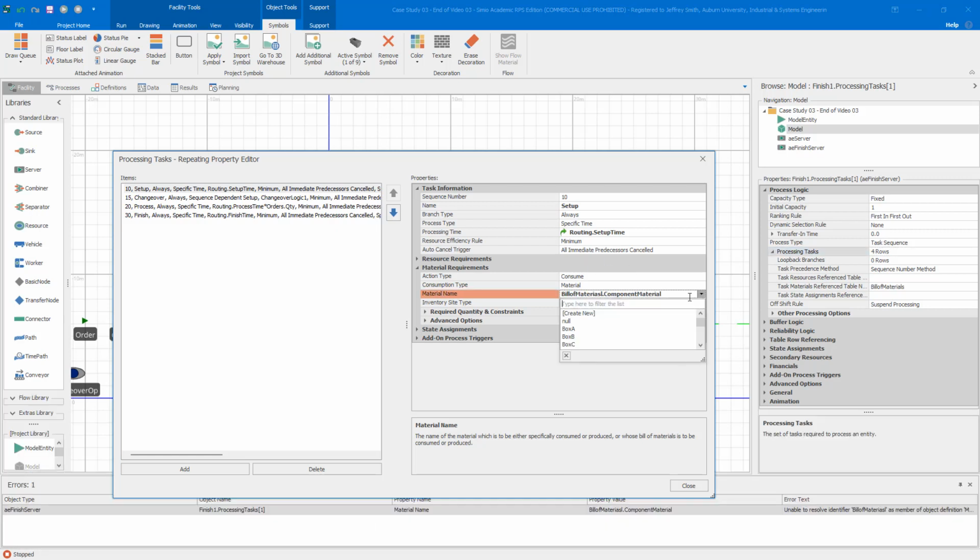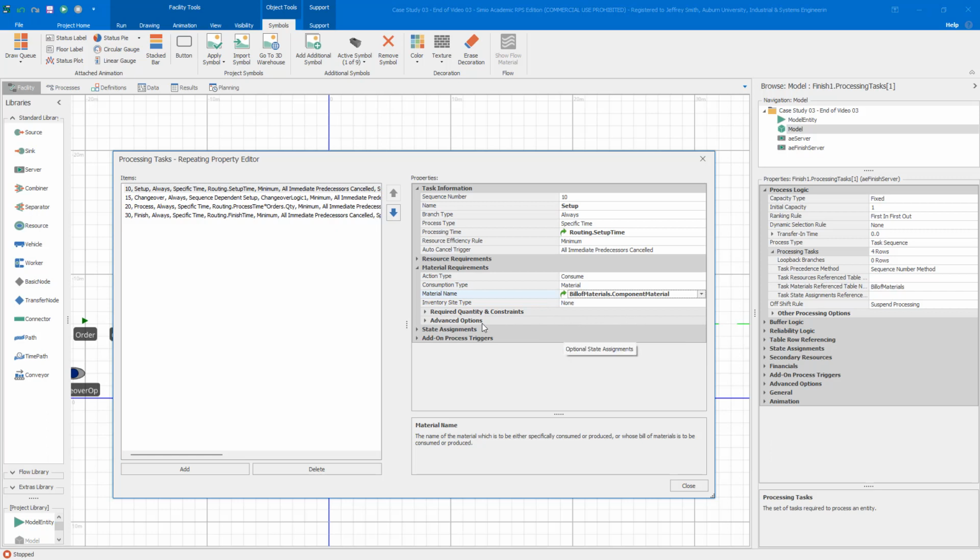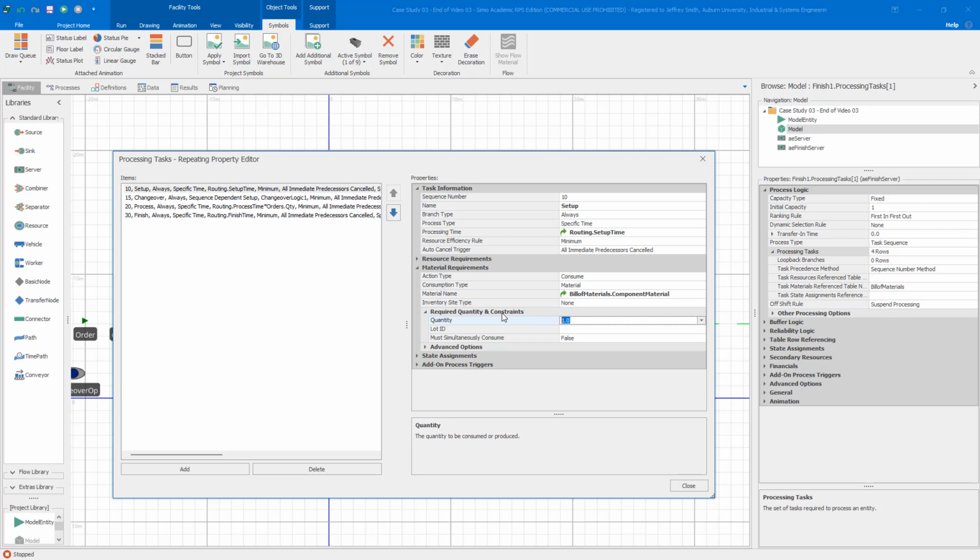Oops, I spelled it wrong. Let's just use, let's see, bill of materials, if I can use this here. Bill of materials, component material. Use the expression editor, it's a little helpful. And then we need the required quantity, bill of materials,